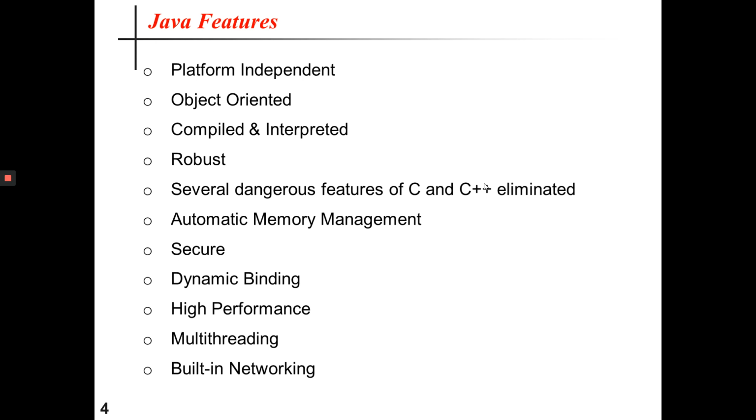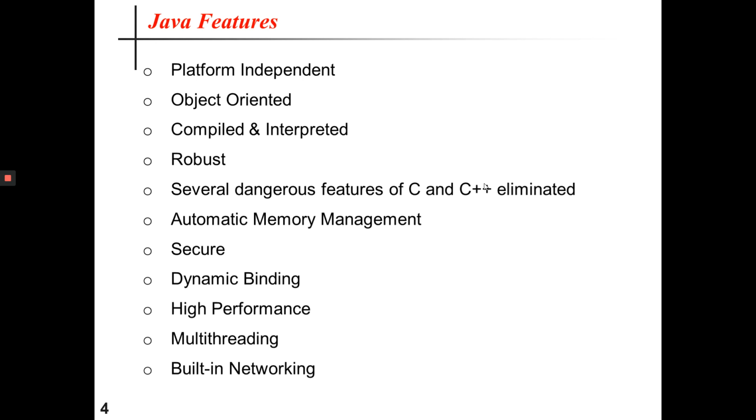Next comes automatic memory management. Java is having automatic garbage collection. That means memory management is efficiently handled by JVM. Java is secure since there are no memory pointers. Programs run inside the virtual machine sandbox. Array index limit checking is there. Code is managed by the bytecode verifier, class loader, and security manager that we have already seen while visiting the JVM architecture.